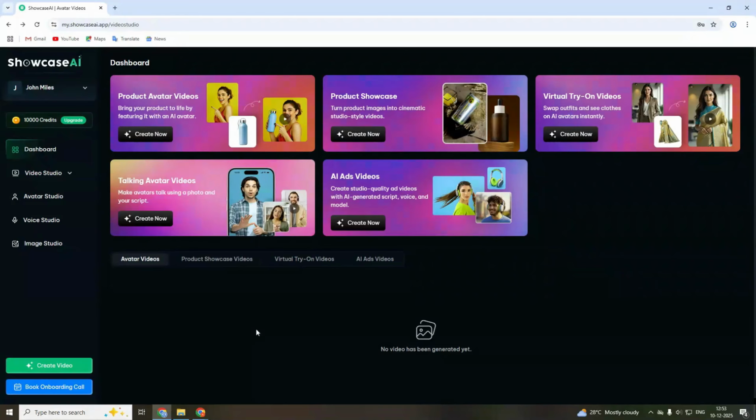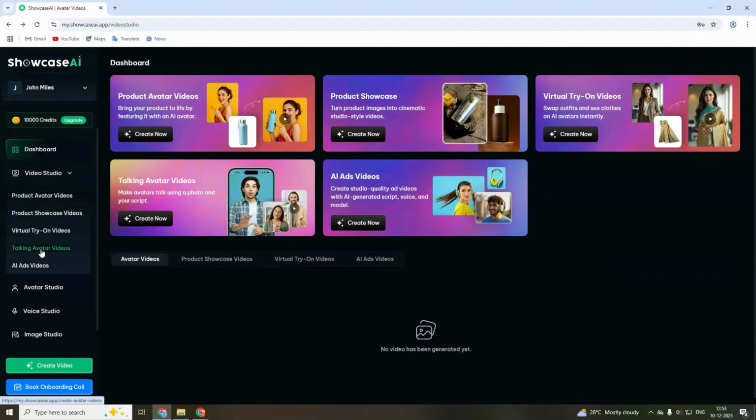Hello guys, welcome to Showcase AI. So in this video we are going to check our video studio features. So for the fourth one, which is talking avatars. So there's two options, you can go from the menu or from the dashboard. So basically in this you can create your